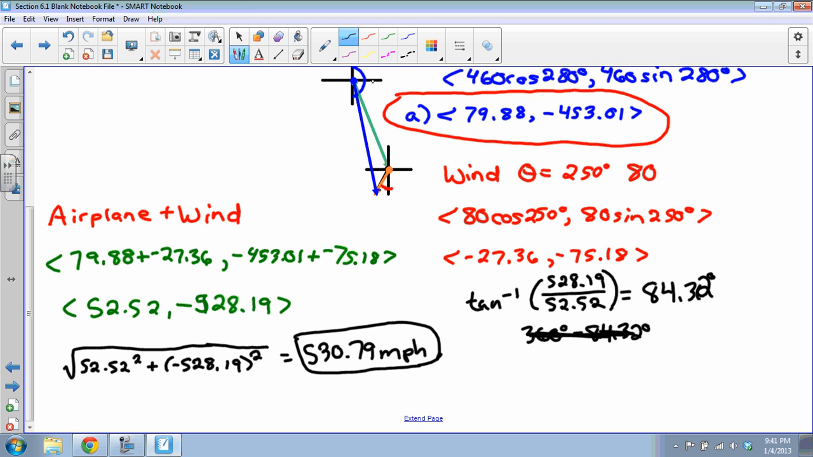The thing right here, 0, so our direction